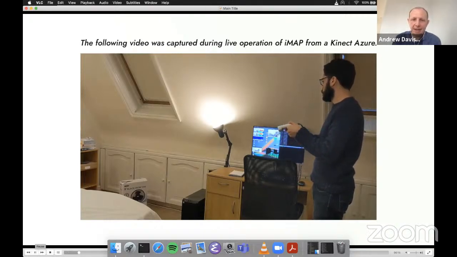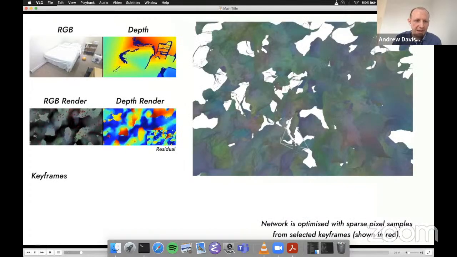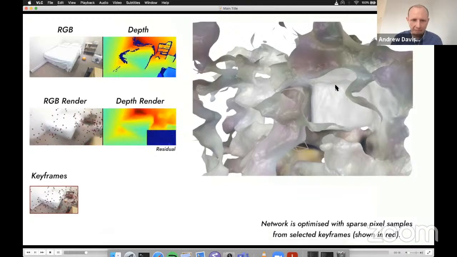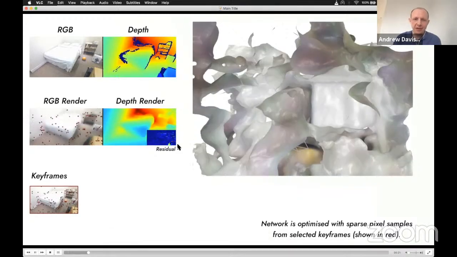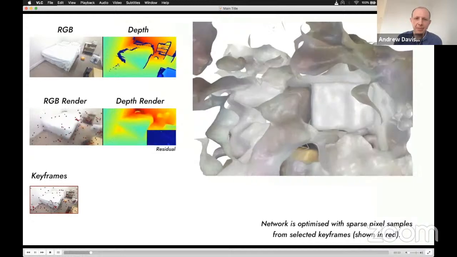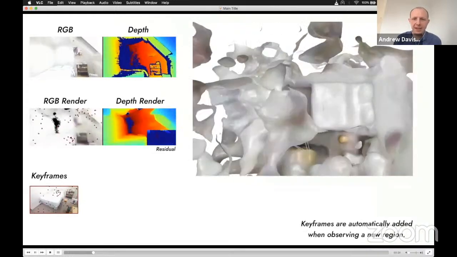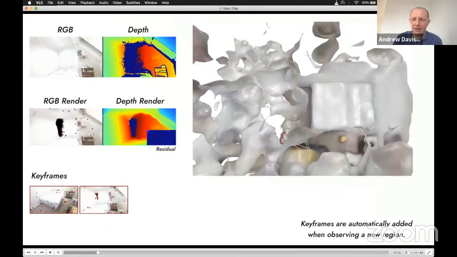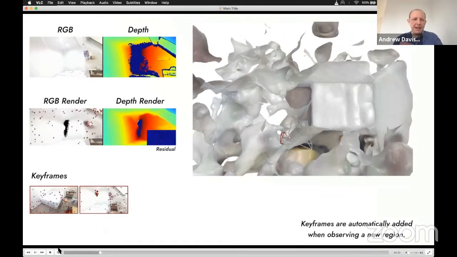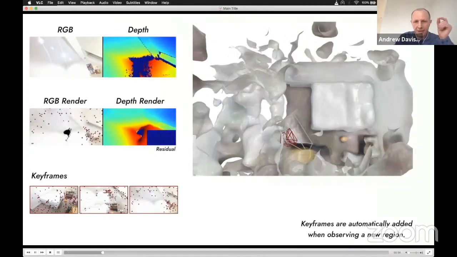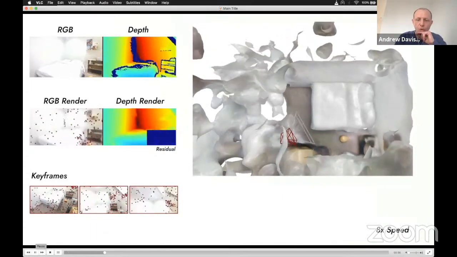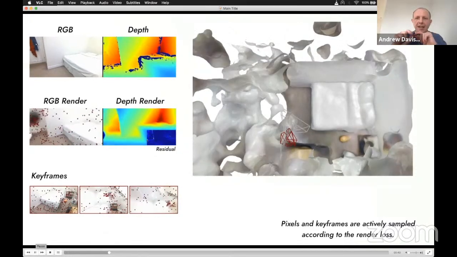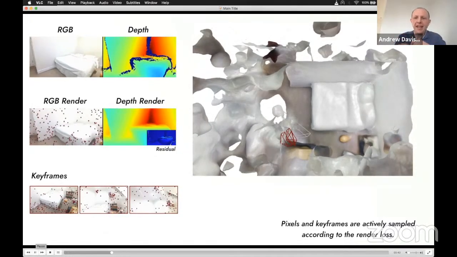So we're moving a depth camera around in a scene. So you know that these implicit networks, so I should say that a big difference between this and NeRF is that we are using a depth camera, which certainly makes this a much easier problem. So just to explain what's going on here. This implicit network is an MLP such that when you feed in an X, Y, Z coordinate, it will output the expected occupancy and color of a point in the scene.